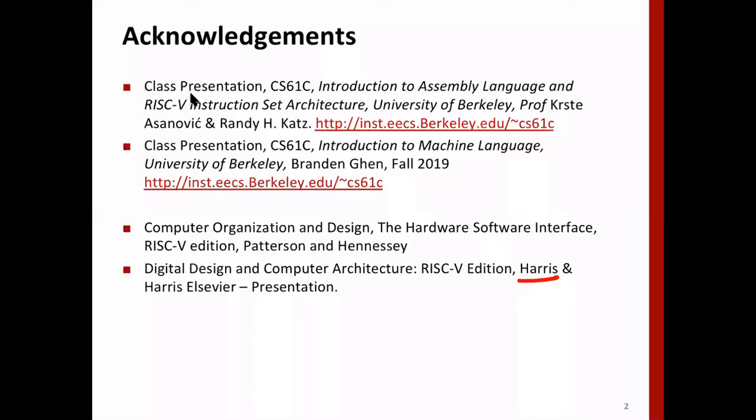He's writing a nice book right now. It's not done, so he has sent me a few chapters for review, so I'm also reviewing the book. I am using some contents from the PPT which is available online.